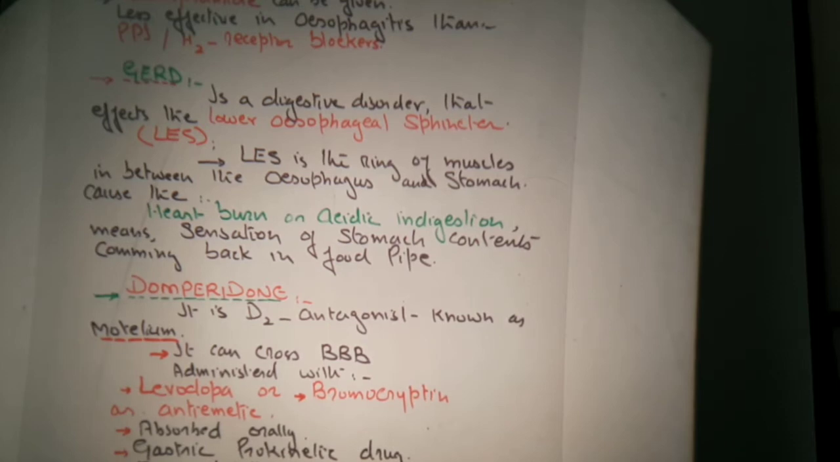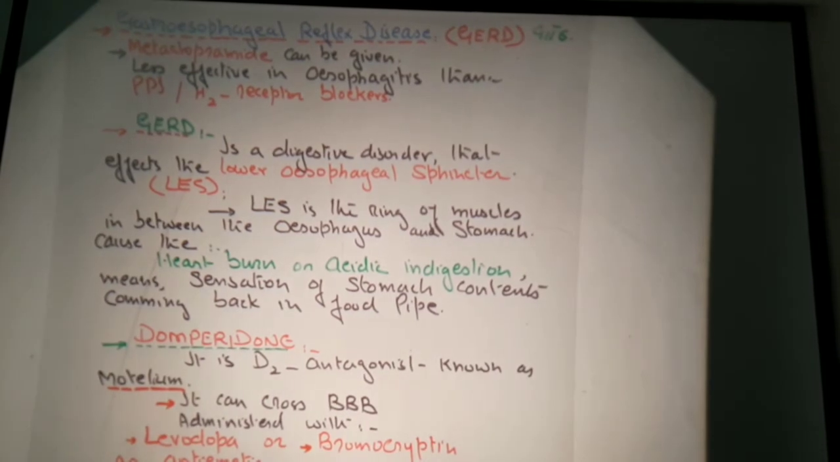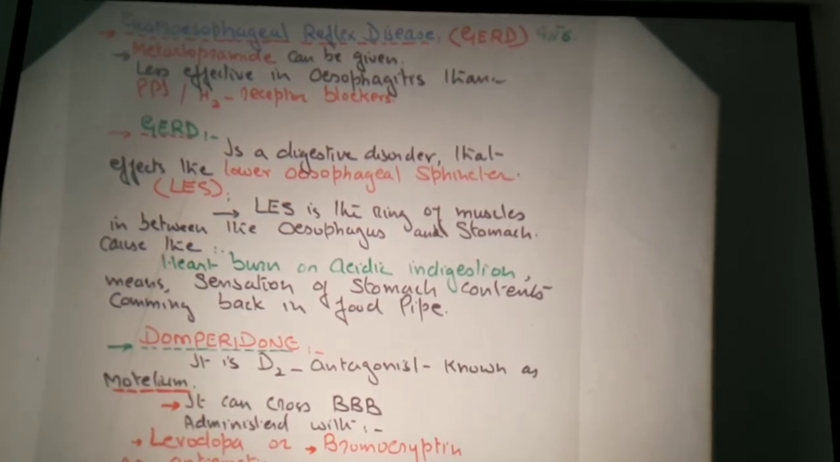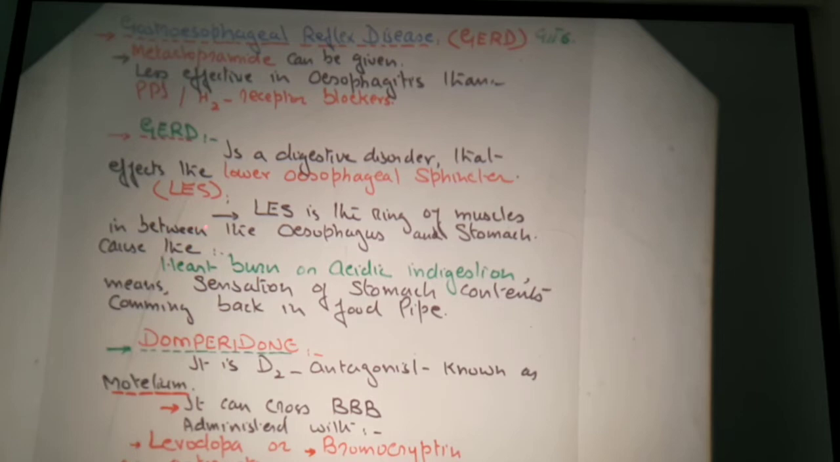Now what is GERD? It is a digestive disorder that affects the lower esophageal sphincter, LES. Now be careful about the abbreviations GERD and LES. LES is nothing but the lower esophageal sphincter. So LES is the link. What is LES? How will you define the LES? LES or the lower esophageal sphincter